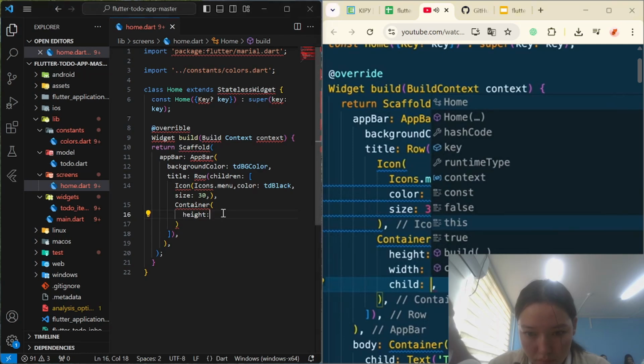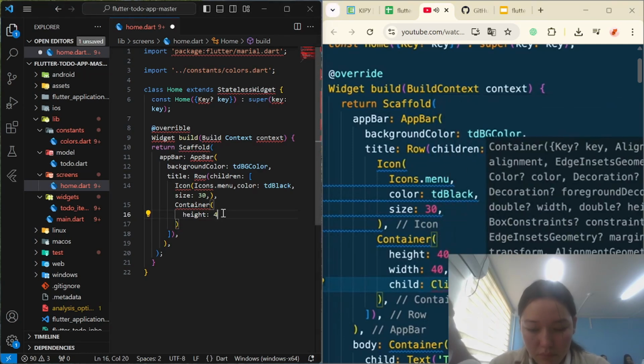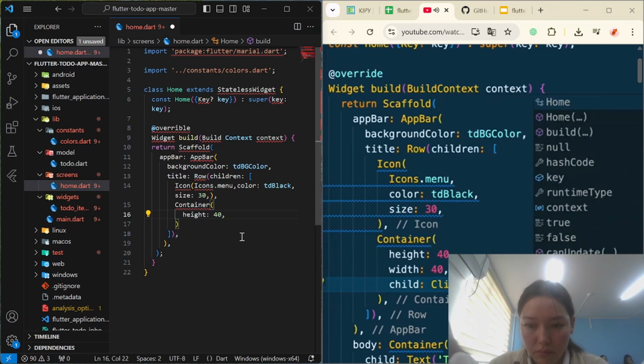And for the child of it I will use this clip rect, and for the child of this